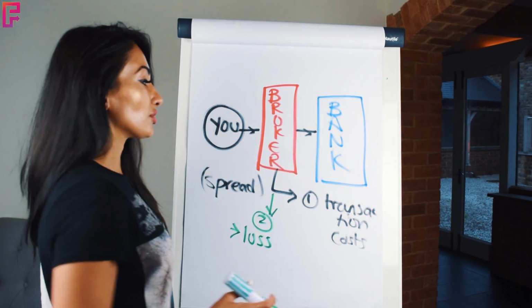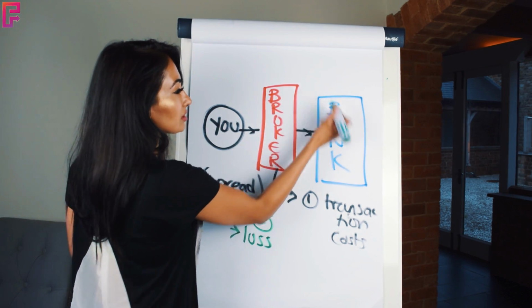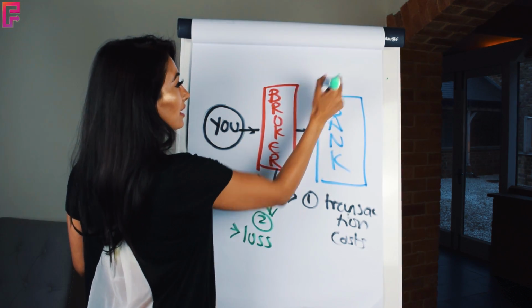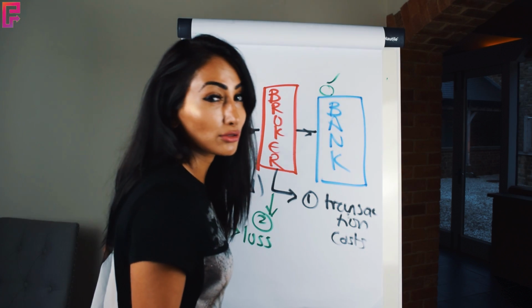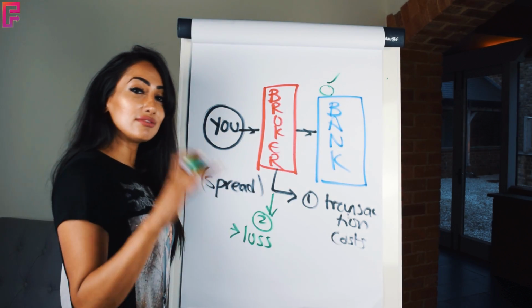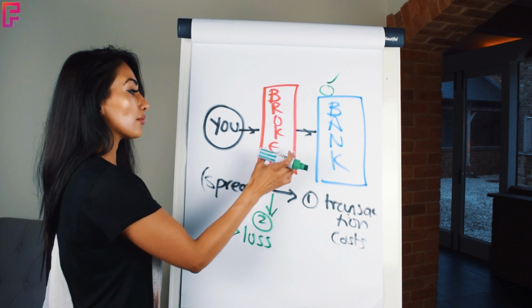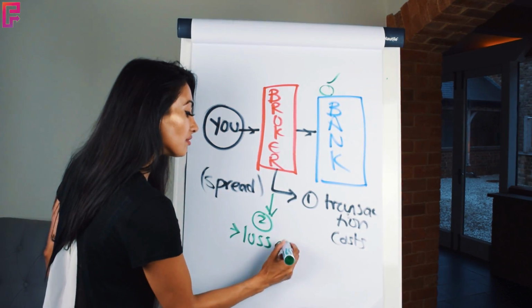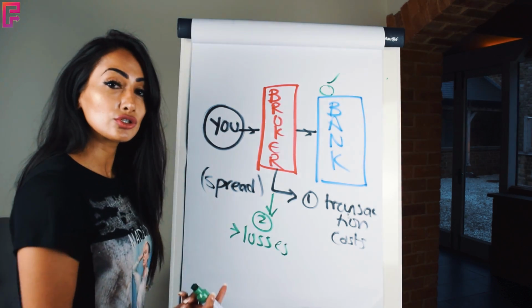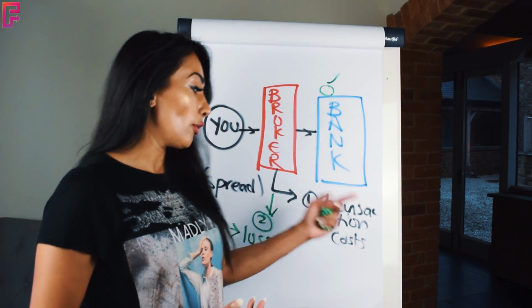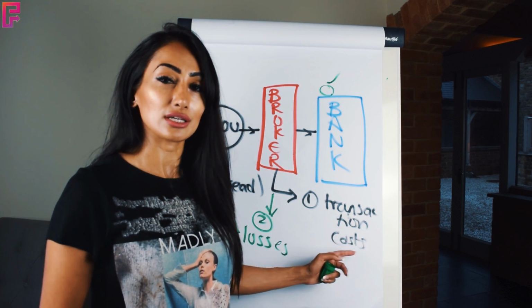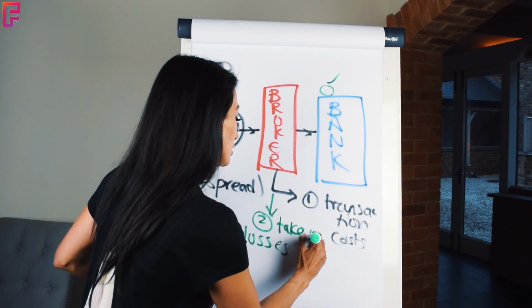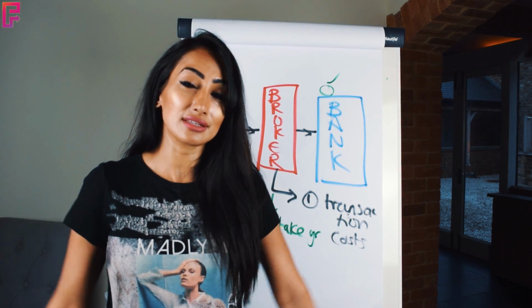they will take it for you. When you think about this diagram, if you lost a trade, you would ideally think that the bank would take the trade. They would just say, okay, you lost, I don't know, £500 on your trade, I'll take it. But actually, very, very often, it's the broker that will hold your trade, hold your position, it's called, and they will take the loss. So they actually encourage you to lose. Their trading strategies are designed for you to overtrade so that you give them a lot of money through transaction costs. And secondly, they do want you to lose, because they make money that way.